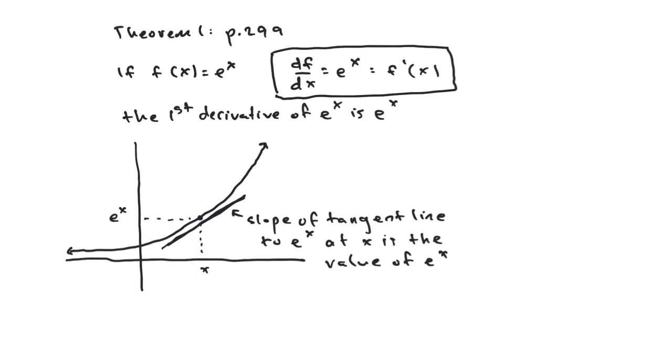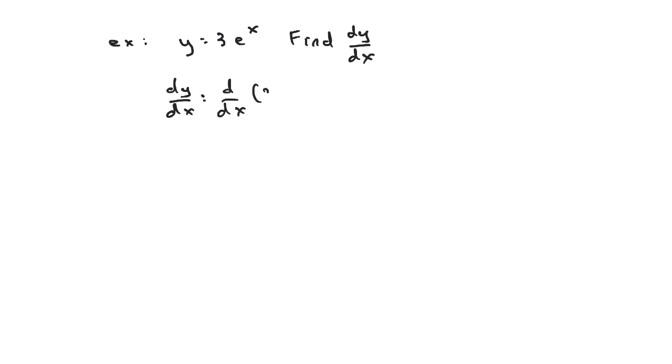So let's say that we just look at a simple example, and that example is y is equal to 3e to the x, and we want to find dy dx. So what I could do is take the derivative of both sides, so dy dx is equal to d dx of 3e to the x, which if I use the constant multiplier rule is 3 times d dx of e to the x. And then d dx of e to the x, based on the theorem from the previous page, is just e to the x,